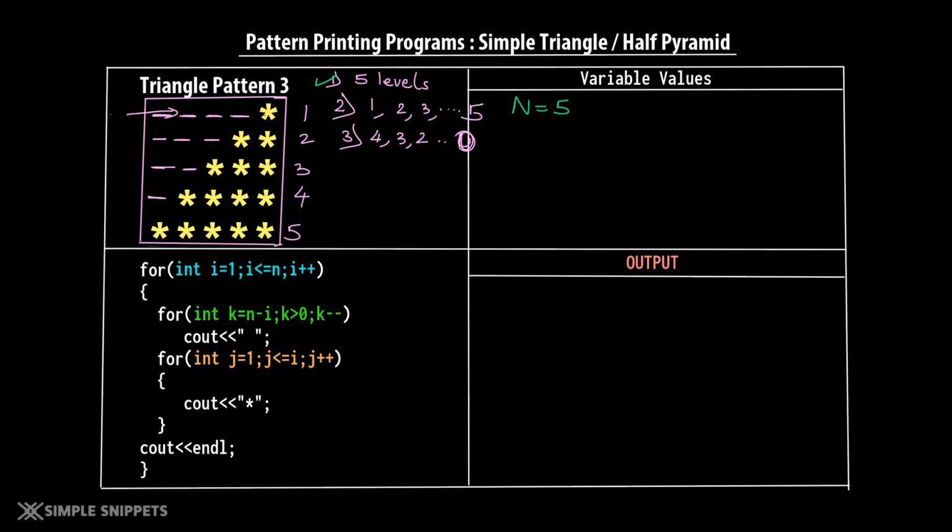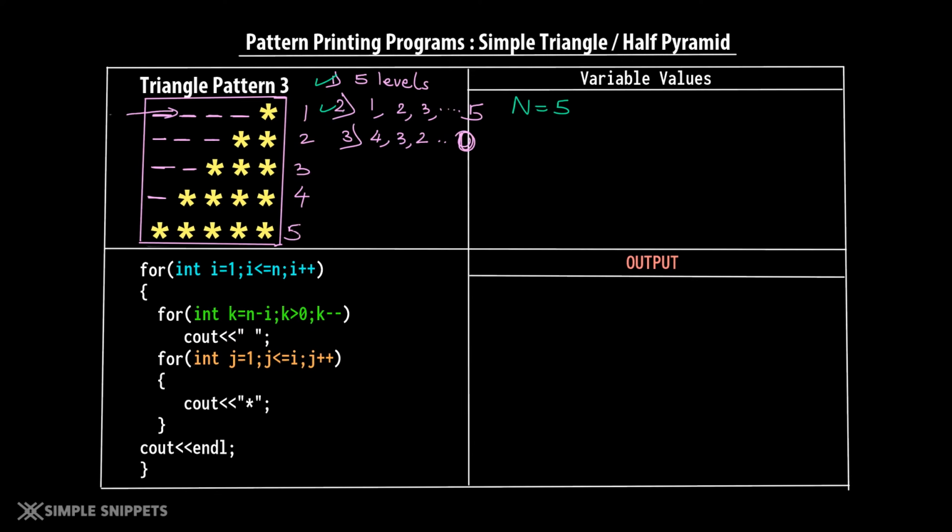So you understand that we want a for loop which will run for 5 levels or 5 times, right? So the first for loop will run for 5 times and it will be responsible for the number of lines. Okay? Alright. Coming to the second observation, we initially want 1 star, then 2 stars, then 3 stars, then 4 stars, and lastly 5 stars. So 5 corresponds to the number of levels.